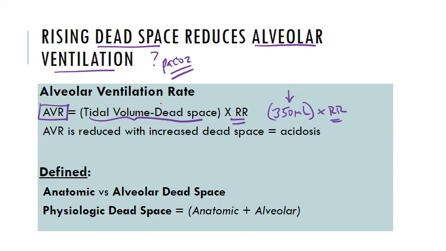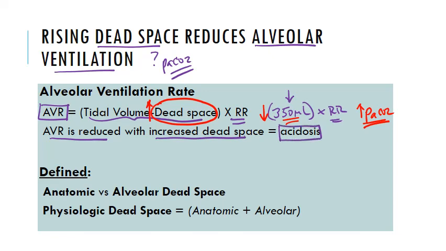So what happens when dead space is suddenly increased? When dead space is increased, this number is actually going to drop. And when this number drops, this elevates the PaCO2. So when the AVR is reduced with increased dead space, this creates a potential for a respiratory acidosis. And a respiratory acidosis doesn't always happen because the body can increase the respiratory rate to compensate,